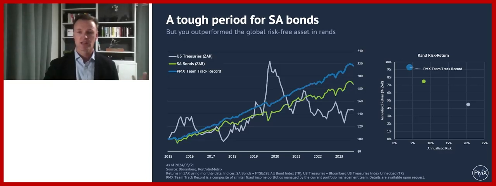And this is just really by introducing some of the bonds issued by the banks that are very hard to buy in your personal capacity. Any of you who've tried to trade and buy and sell the corporate bonds in South Africa will know that the liquidity is not really there. It's an institutional game. So the opportunity set is much wider.